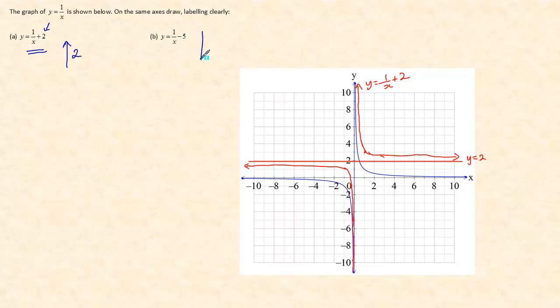Y equals 1 over x take away 5 will be a vertical translation of 5 units downwards. So the asymptote is going to become the line y equals negative 5. So it's got the same vertical asymptote, so it's going to go towards the y-axis up here and then tend towards y equals negative 5 along there, and over here it's going to come up the y-axis. It's going to go through the point just here